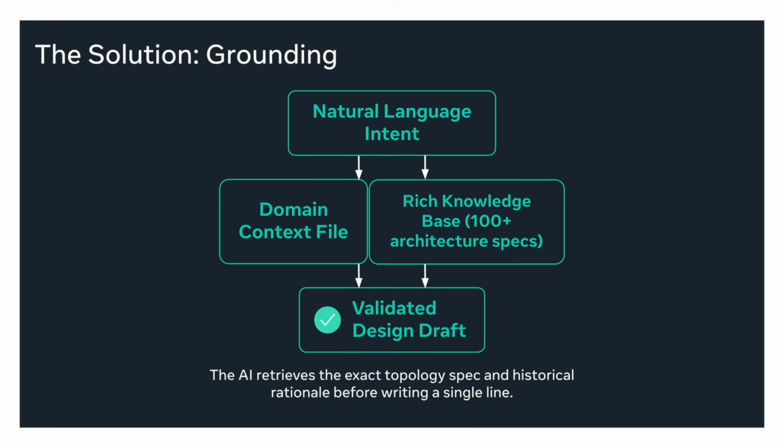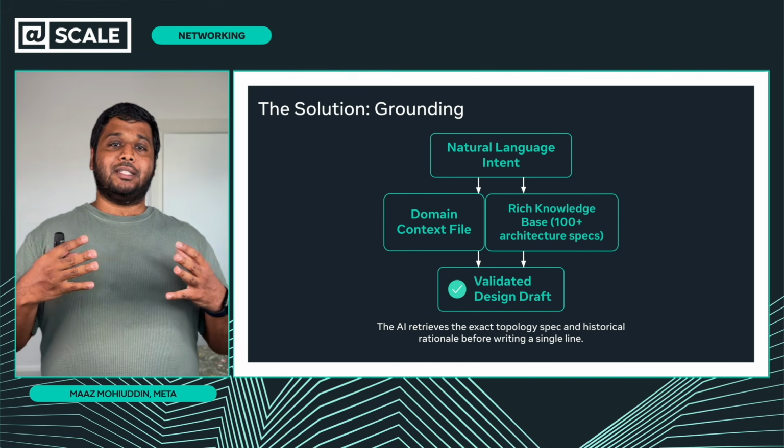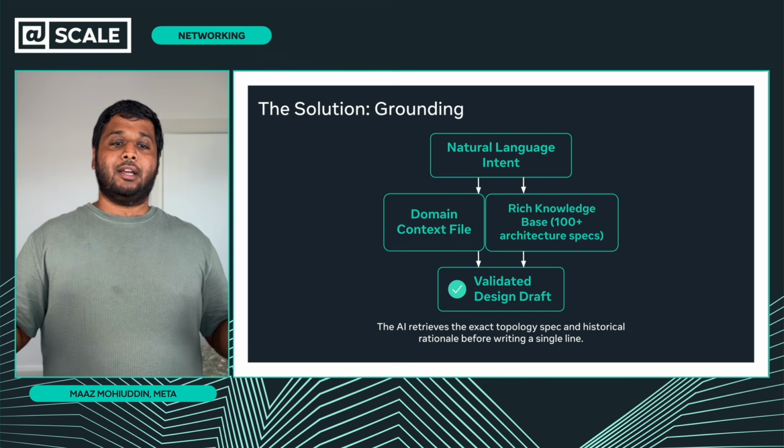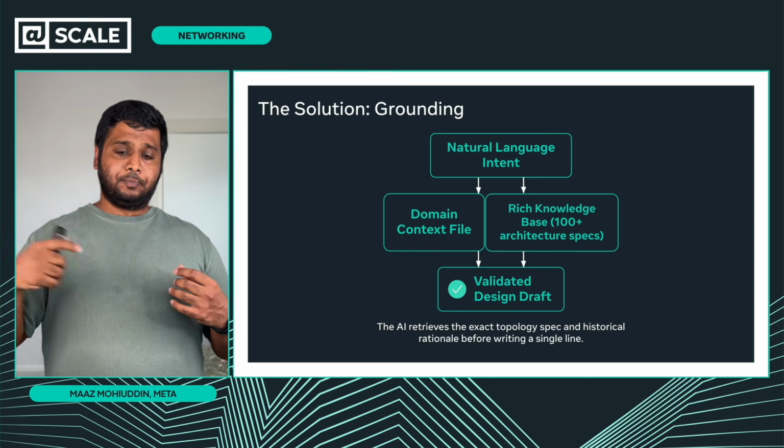Second are historical designs. We have hundreds of previous designs, so we know what good looks like. We take these designs and translate them through a high-performance database and make them available to the agent, kind of like a RAG. And then the agents can retrieve them without a penalty in the performance.